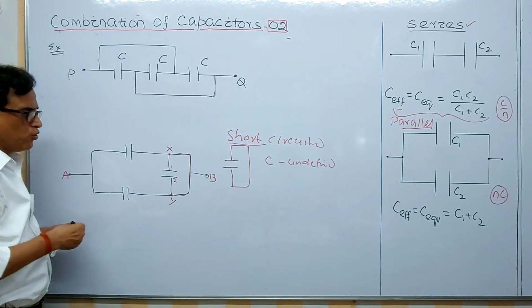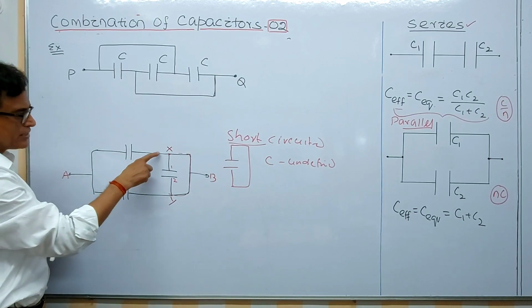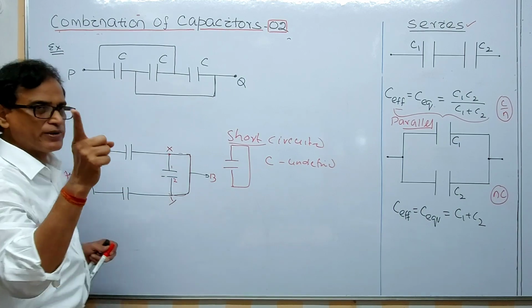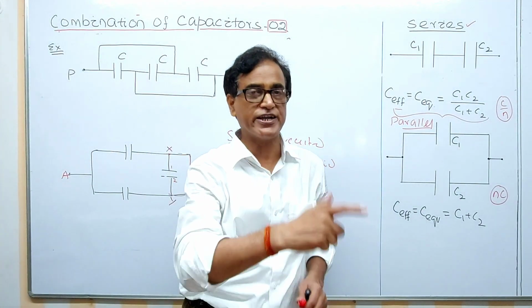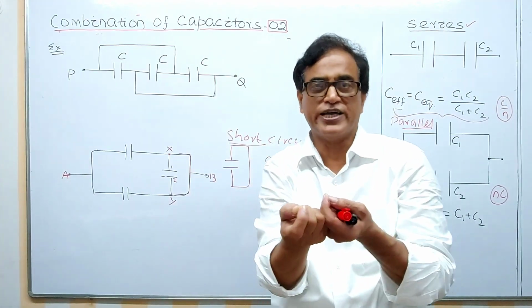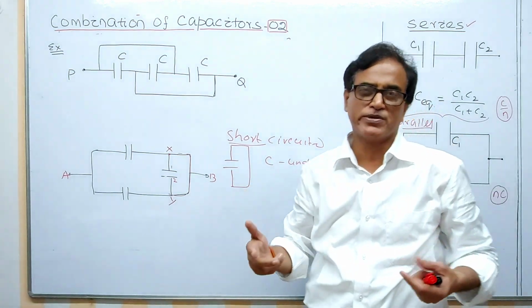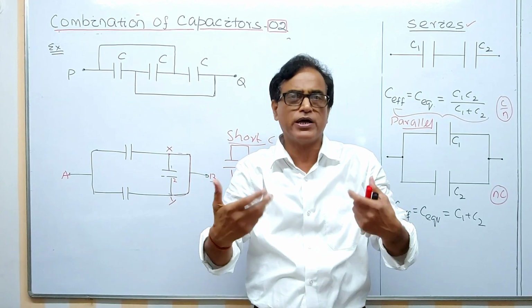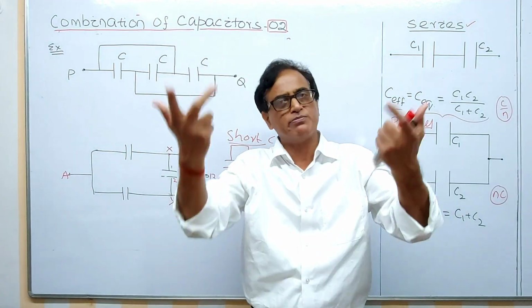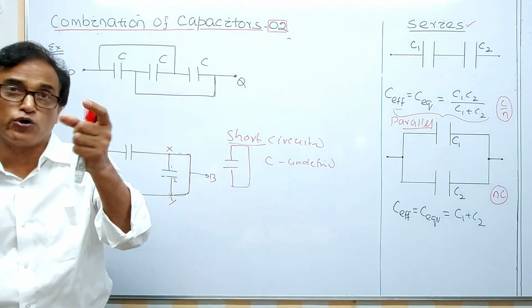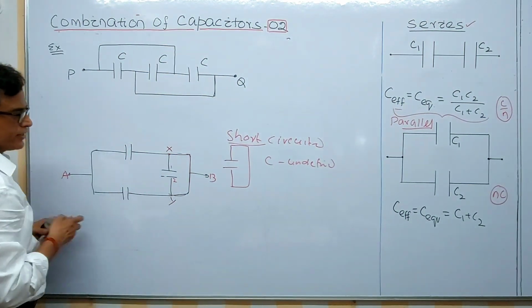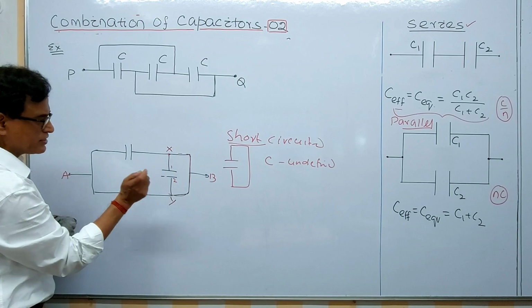Undefined. So there is no role of this capacitance because there is a path across this, you can see. This capacitance is called a short circuited capacitance. Two plates are connected. In electrical devices, sometimes the circuit becomes shorted. So in a capacitor, due to some heating effect, the two plates can be shorted out. Shorted, S-H-O-R-T. Because that becomes small, that's why it is called shorted, short circuited. So if it is connected like this, this is short circuited.